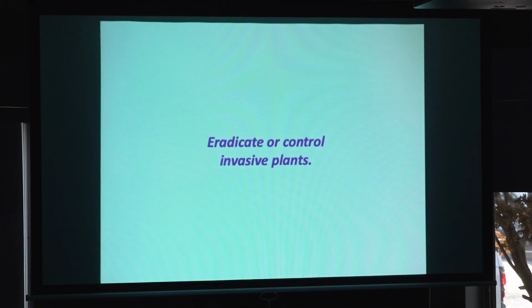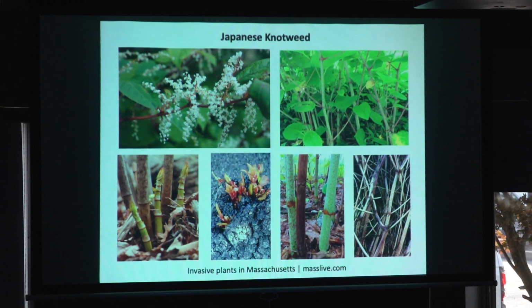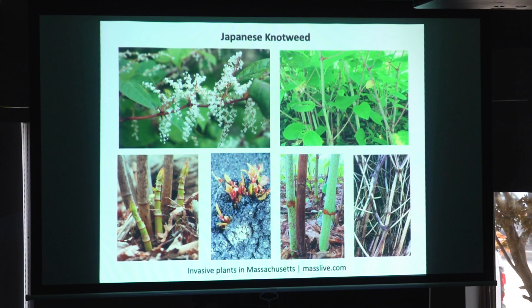Now, it's important to be able to recognize and have a plan for how to remove or at least control invasive plants. Japanese knotweed is one of the big culprits, and it's very difficult to get rid of. This is one case, by the way, where I would say using chemicals is justified. Careful application according to instructions, just once in July after you've done a preliminary cutting back, then come back in July and spray with